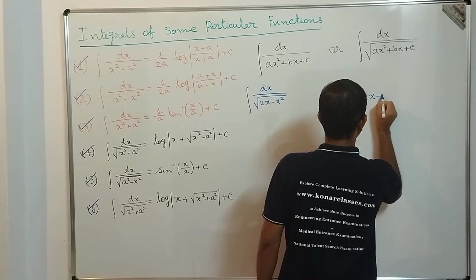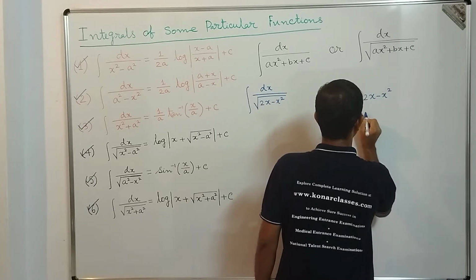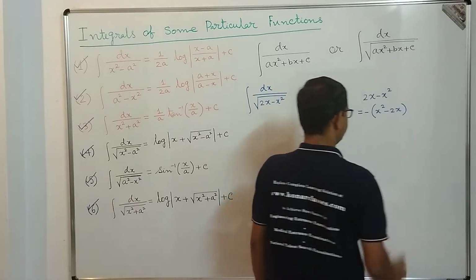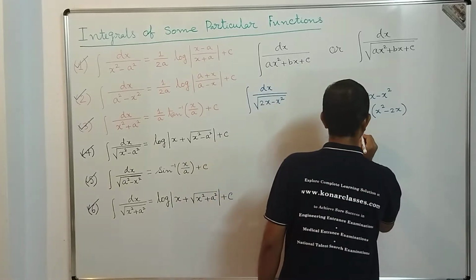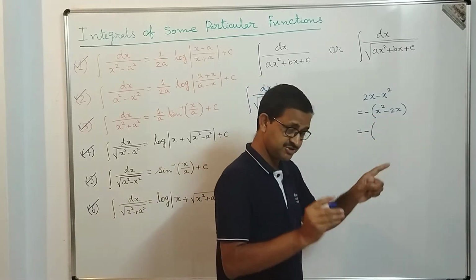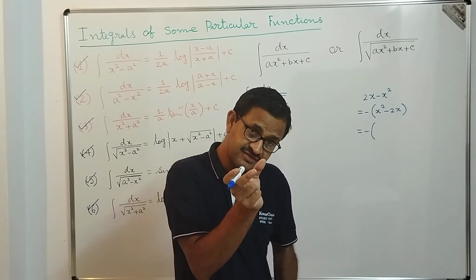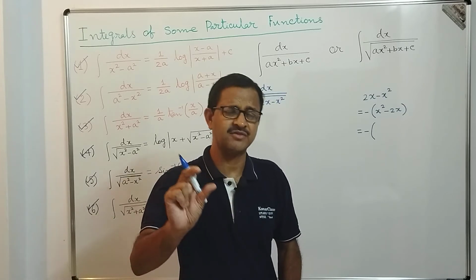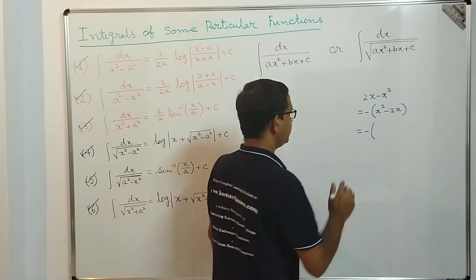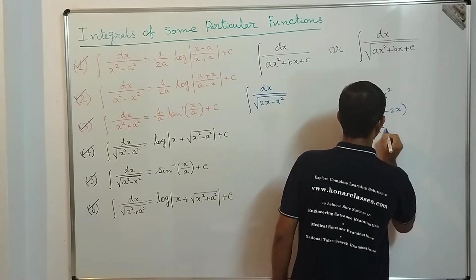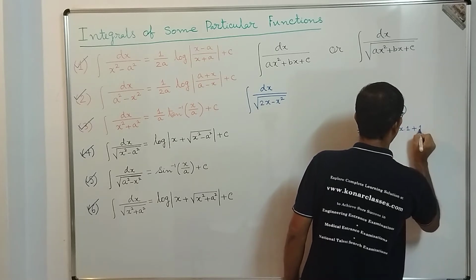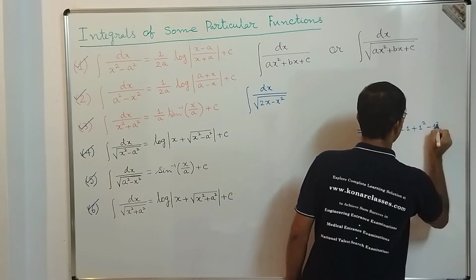So it is 2x minus x square. What we can write is that it is equal to minus of x square minus 2x. Correct or not, dear students? So what is our target? Our target is to make this quadratic expression into x plus some constant whole square, plus minus some other constant whole square. That is our objective. To fulfill that objective, we need to perform this step: that is equal to x square minus 2 into x into 1 plus 1 square minus 1 square.